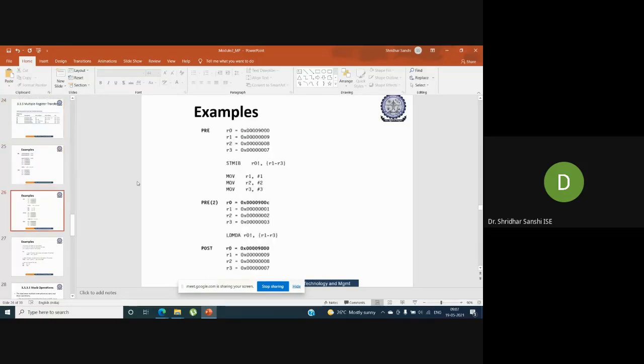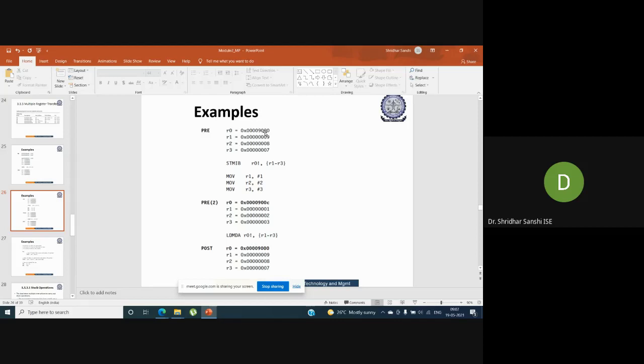So let's see with an example. This is our base address, correct? 9000, and these are the values. Now you can see STMIB R0. Before moving the content of R1, first we need to increment R0.